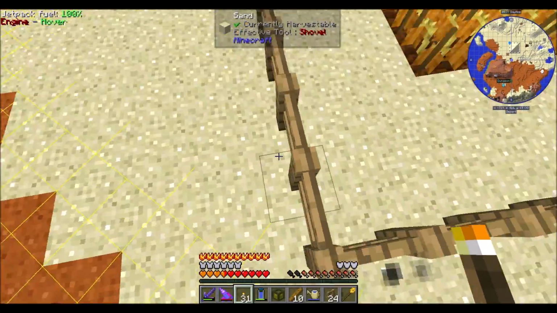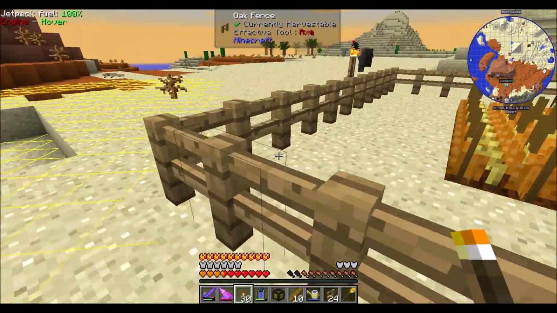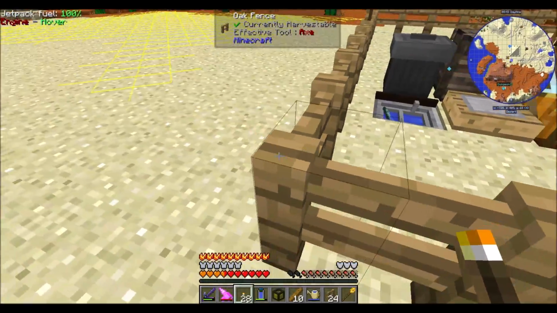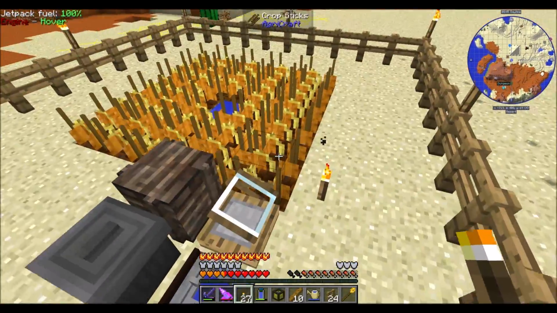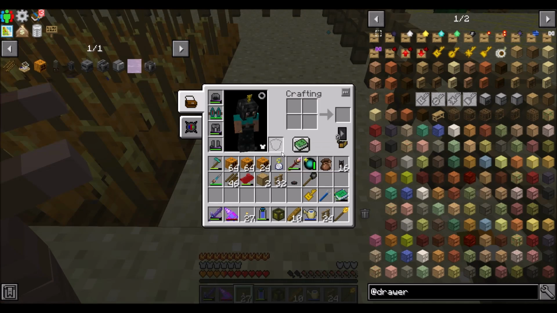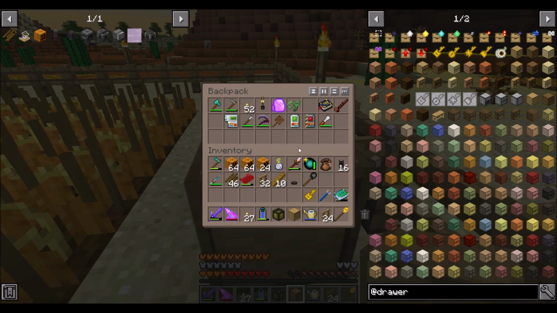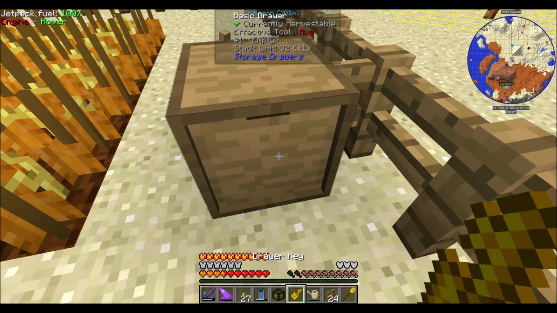Okay, that looks well lit enough in there. I think I'll do the corners of the fences as well. Right. That works. Okay. So what I'm going to do is I'm going to pop a drawer here with a key